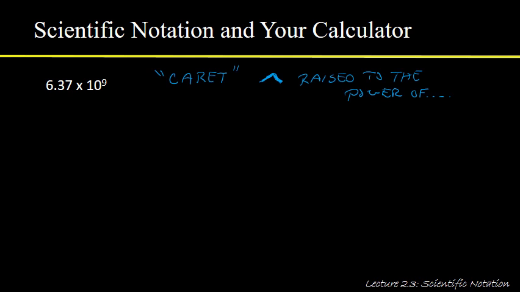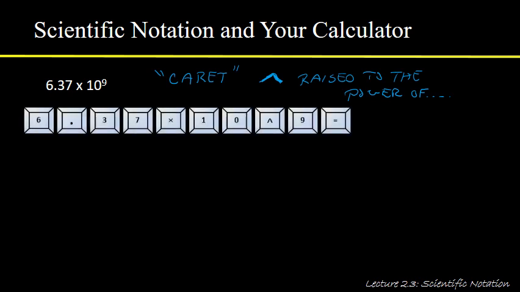Okay. So the first way that you can do this in your calculator is just to type in 6.37 times 10, and then the caret and 9, right? So that'll be 6.37 times 10 raised to the 9th power. And if you hit equals, you should get the right result there. Okay, it should give you the right answer. But that's a little bit cumbersome using that little caret symbol. Another way that you can do this,